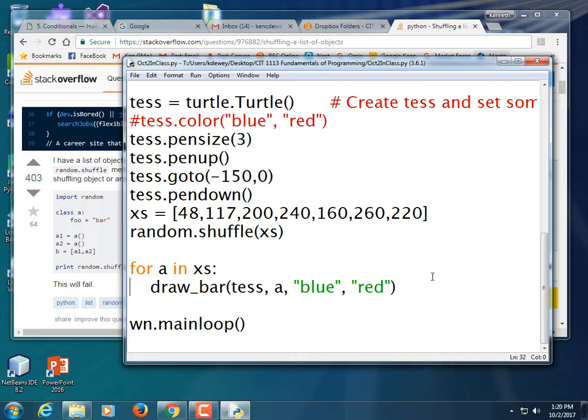So we know that XS is a list. Everybody with me? It's a list of numbers which are now randomized. So for each item, or each A in that list, in other words, we took a 48 and then we draw a list based upon that 48. Then we took a 117, we drew another one based upon that. So what we need to do is we need to